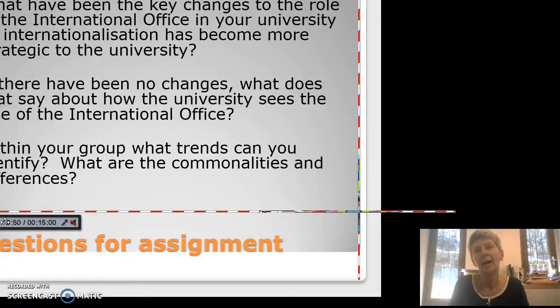So I think this is a useful point now to reflect on very much your own office and the institution, how you perceive comprehensive internationalisation, but also how the institution perceives you and your role. So I hope you find that an interesting